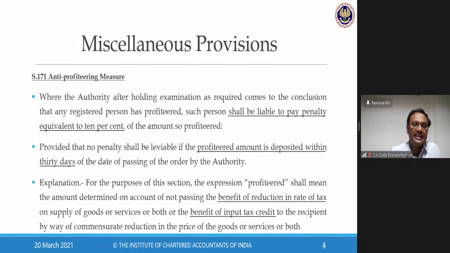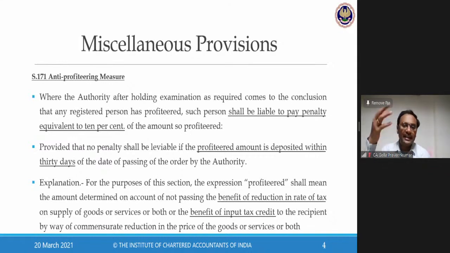Coming back to our discussion, there is an authority constituted, and they will say, I am going to examine your records. Now, when an applicant files an application saying that a price reduction was not passed on, I as an authority have to confirm. You confirm through your books of accounts, your cost sheet, your bills. Whether you are importing that material or procuring domestically, who was your supplier, from where you have been importing, what was the rate of duty structure, post and pre, and did it actually result in the benefit of reduction in price?